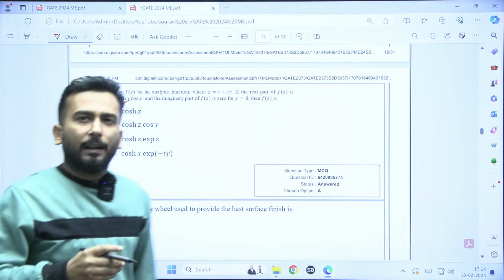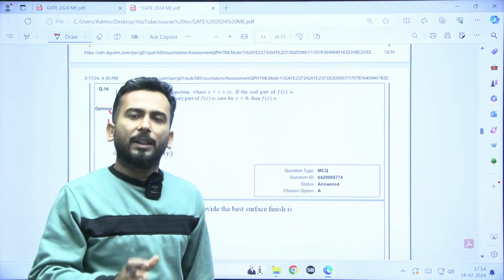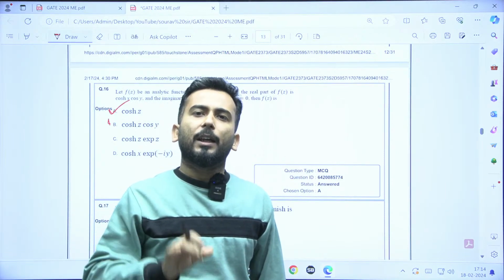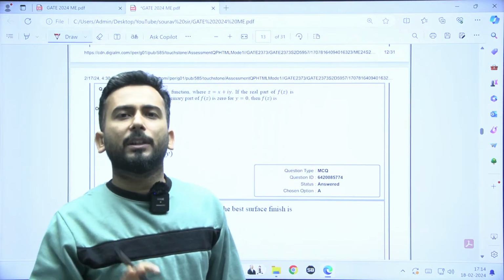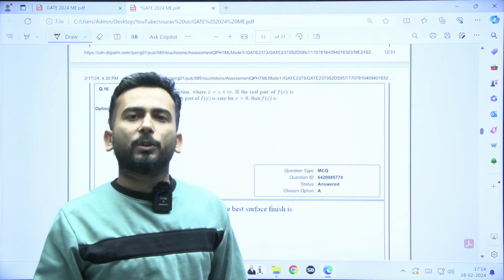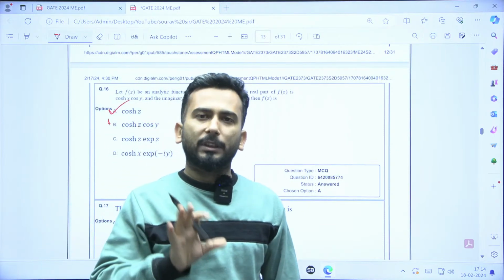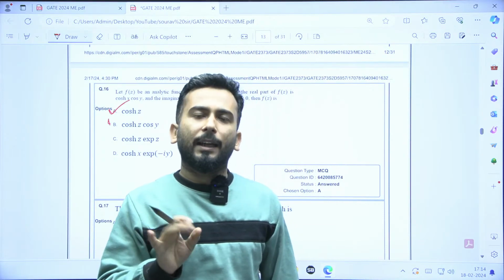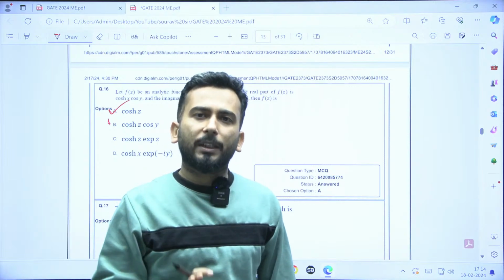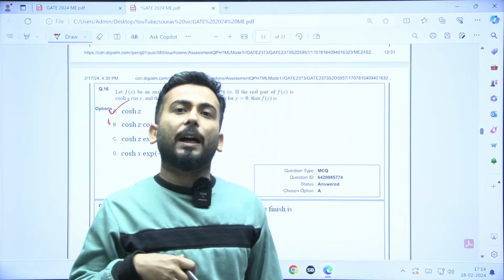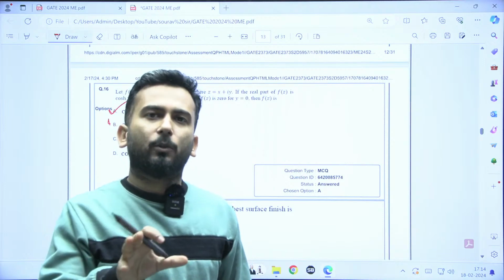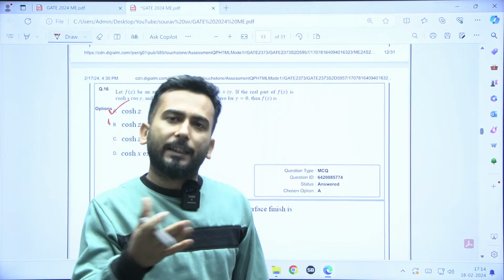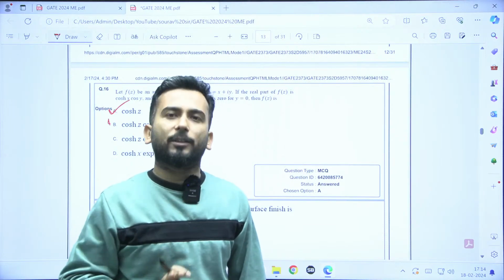My dear friends, in complex numbers, wherever you have studied complex numbers, the first important topic that you study is analytic function, that is the differentiable function, and for that you also study the Cauchy-Riemann equations, 2 equations. So not surprising, but you have to be comfortable in hyperbolic functions, because in Cauchy-Riemann you differentiate. So you have to be comfortable in the differentiation and integration of hyperbolic functions. That is the catch over here.